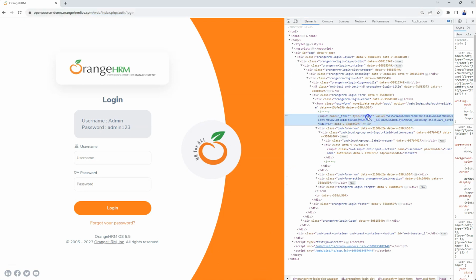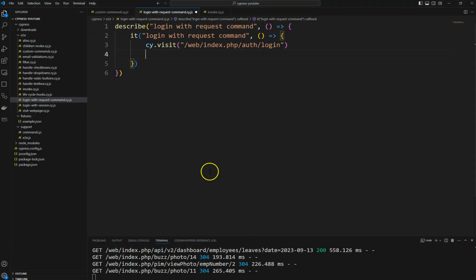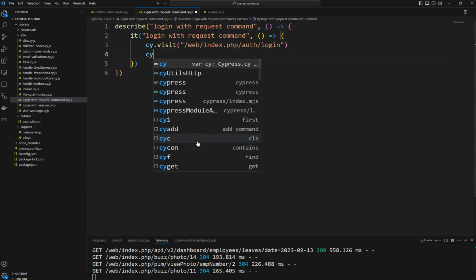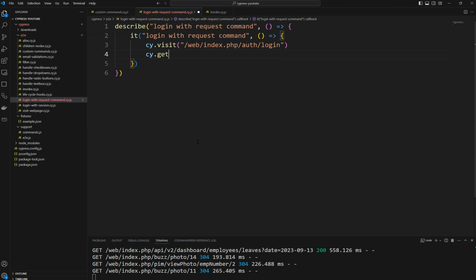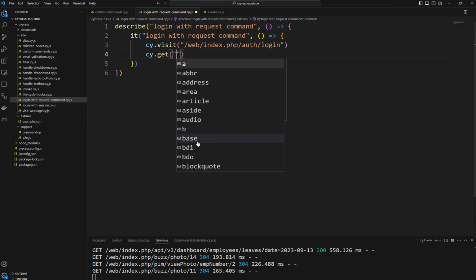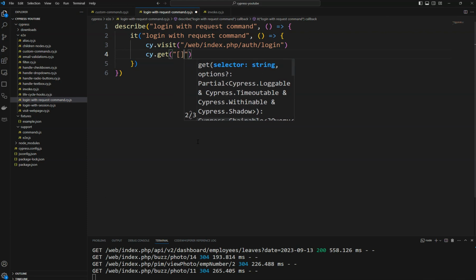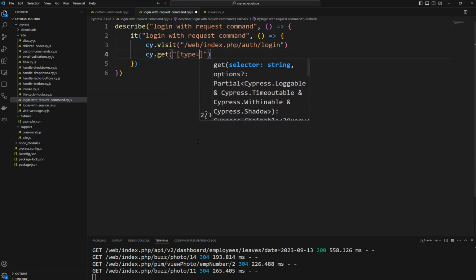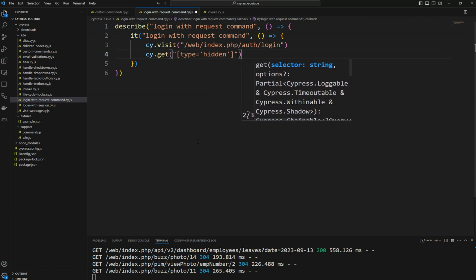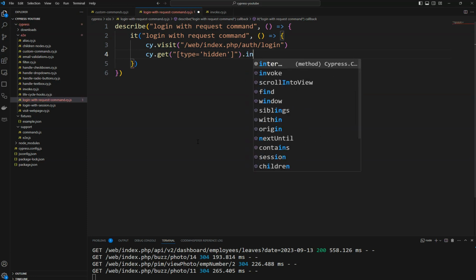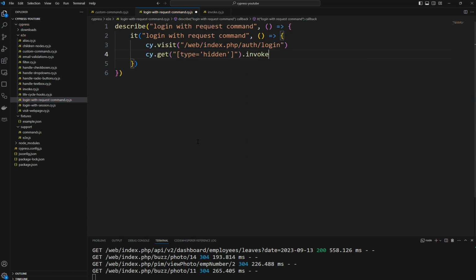After the login page is loaded, we need to get the token from this hidden input. How we can get that token: as you have seen, it is a hidden input element. So what I'm going to do is type equal to hidden, and then I need to get that value. I'm going to invoke attribute